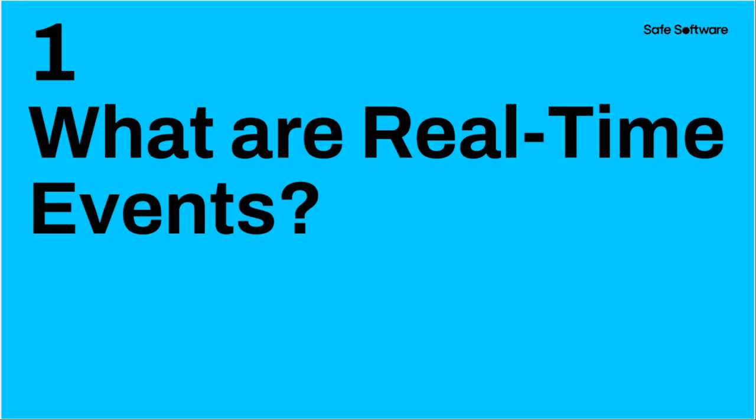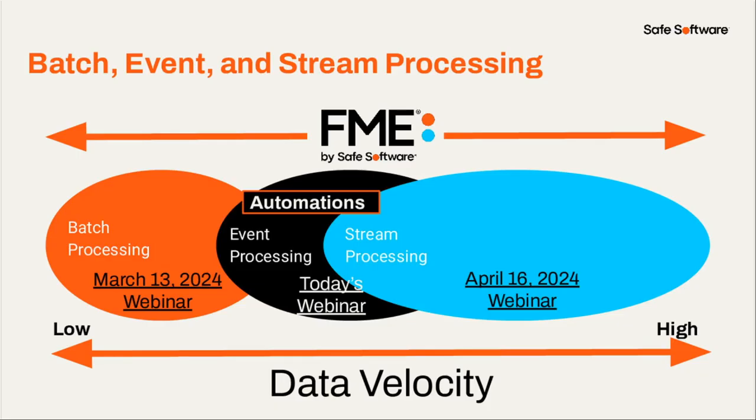So now, first, what are real-time events? If we look at data velocity and the things that FME supports, we support everything from batch processing, which can be traditional ETL, where on a schedule, or to generate reports, or just to move data to keep them in sync. That's at the low end. It's not being triggered by the arrival of data in any way. So that's really the key. You just have data you might have been collecting for a while. You want to run trend analysis or something like that, and that's batch processing.